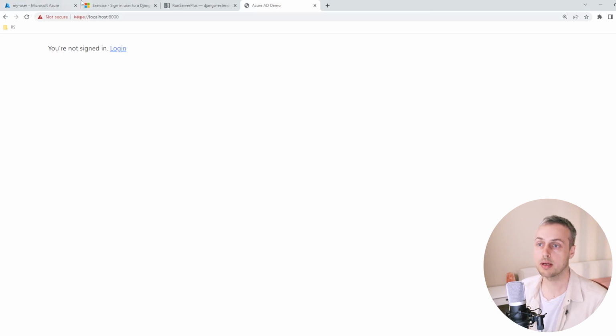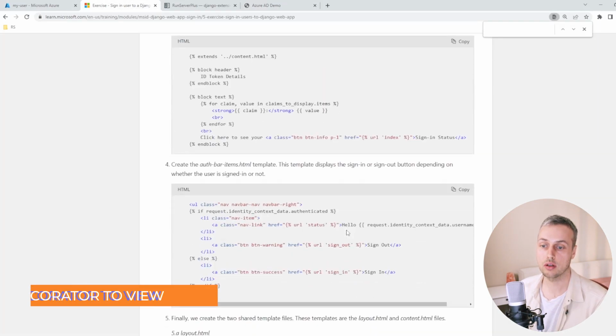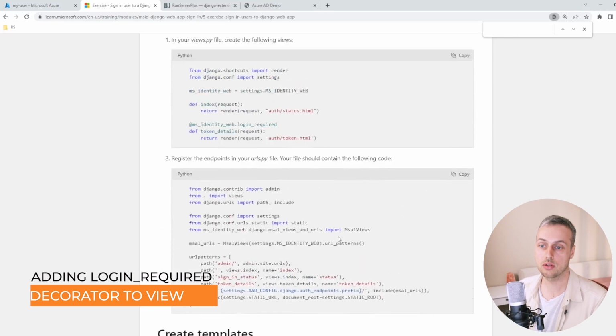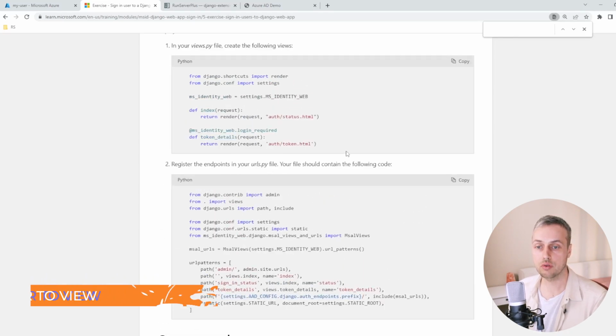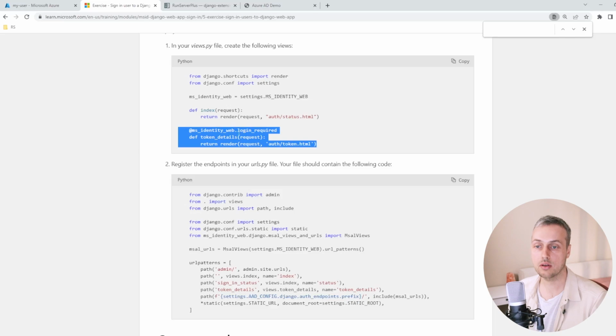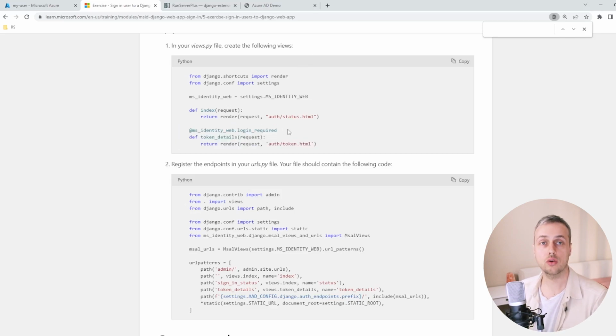What we're going to do now is go back to the documentation that we're following along with, and I'm going to scroll up here to the views that were created, and we're going to focus on this view here that has a decorator of Microsoft Identity Web.login required. So what we're going to do is create a secret view in this application, and we're going to protect it